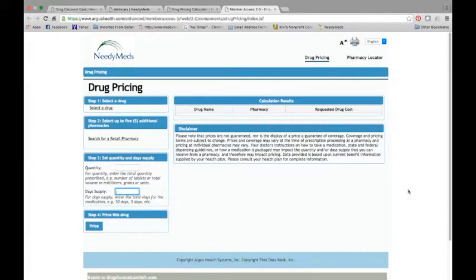Again, I would like to stress that this drug pricing calculator will only provide an estimate for the drug cost. Although it is a very close estimate, it is not accurate down to the penny. And because drug prices change from day to day, we suggest you check the price for that day before heading